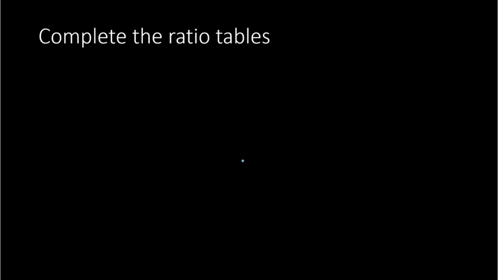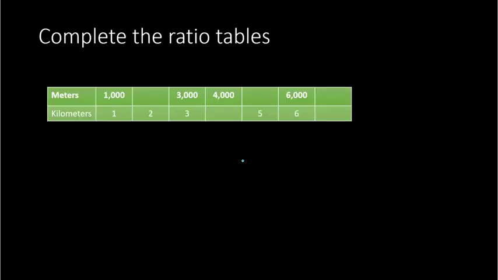Now we can use this to complete ratio tables if you have different parts that are missing. All right, so here we have meters and kilometers. So looking at this first column, we know that 1 kilometer is 1,000 meters. And you have to use that relationship to answer the missing parts of the table. All right, so notice on the bottom,